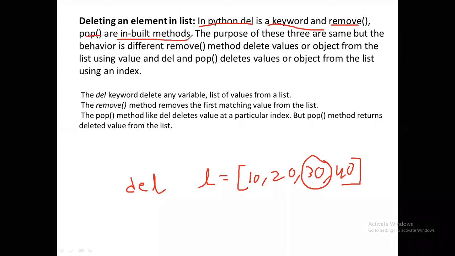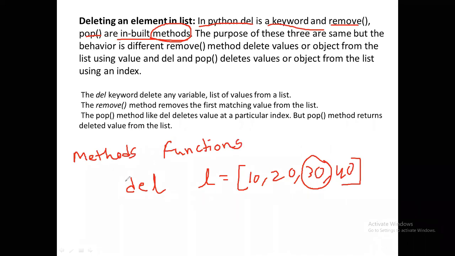Okay. Whenever we discuss predefined methods or functions, we use the terms method and function. Sometimes I call them methods, and sometimes I call them functions. Both are the same. But what is the difference between methods and functions?